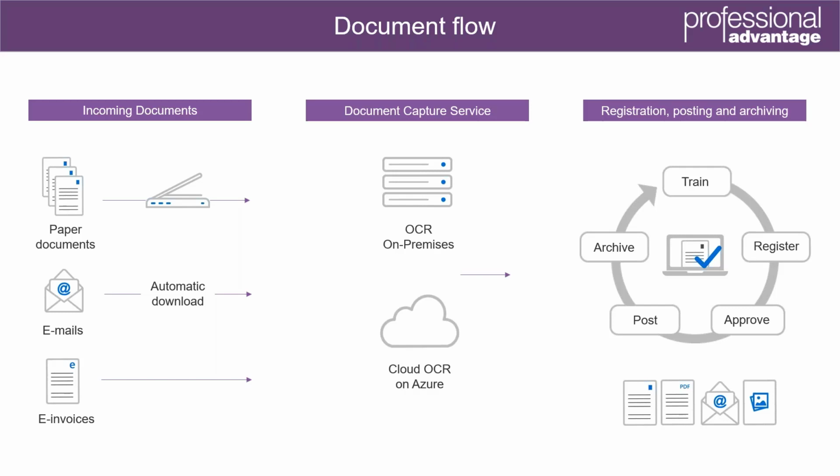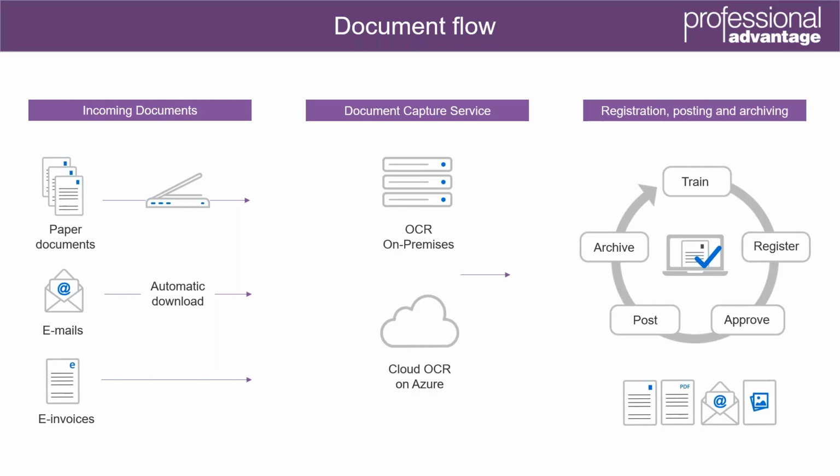First time they see an invoice from a vendor, they need to train it to find various things on there, and to maybe tell it whether that vendor includes GST in their prices, or those sorts of minor tweaks. The system will do the main amount of training automatically, but then the accounts payable clerk finalizes those. Once they have, they can register that, and once they register a document, the document